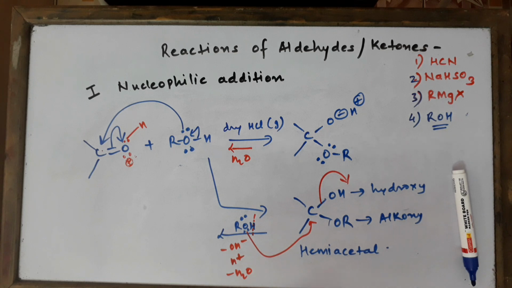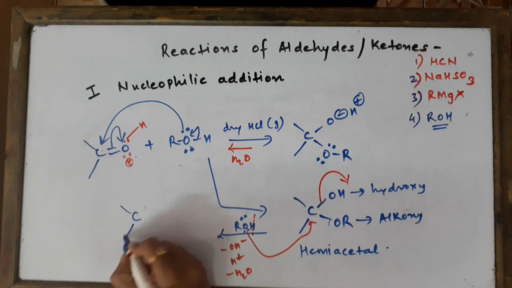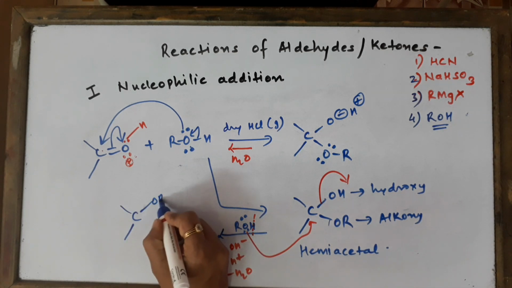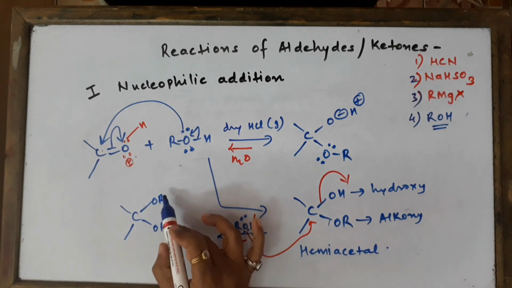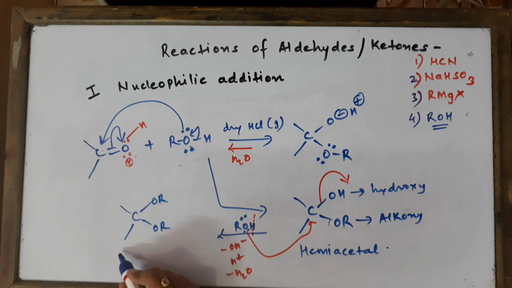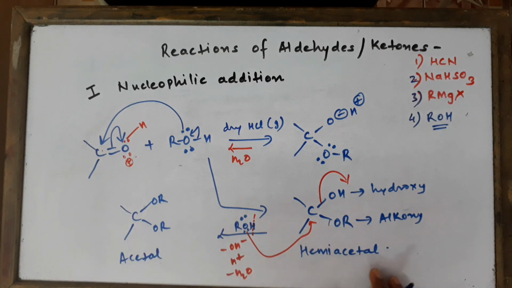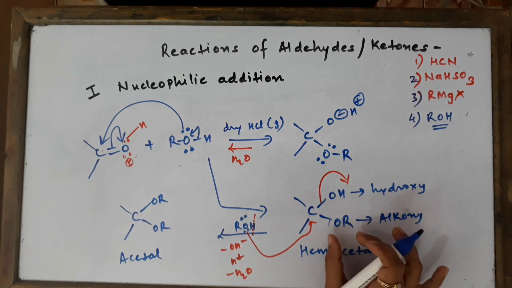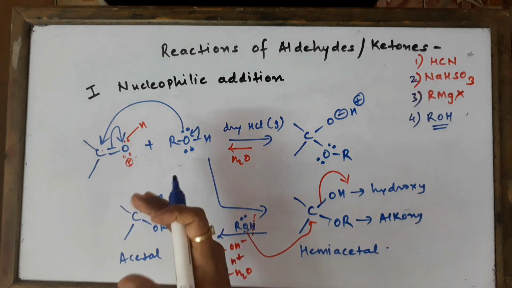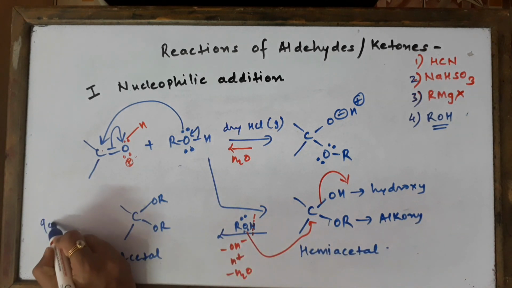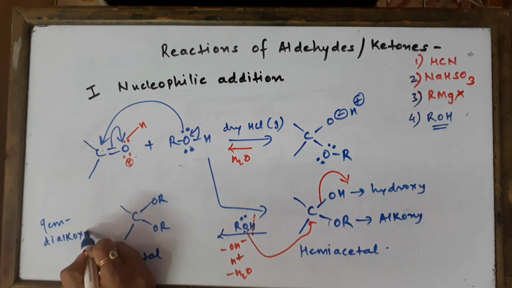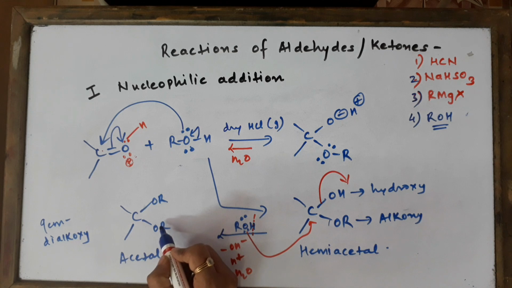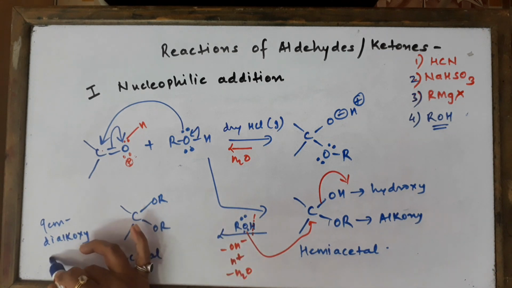So the answer finally I can write it as COR and another OR I have attached over here. So look at this, I have got the final answer, which is called an acetal. This was half acetal, this was hemiacetal, where there was only one alkoxy group attached. Now I got two alkoxy groups attached. So a gem dialkoxy, it's called a gem because on the same carbon atom you have attached the two alkoxy groups, so it's called a gem dialkoxy alkane.